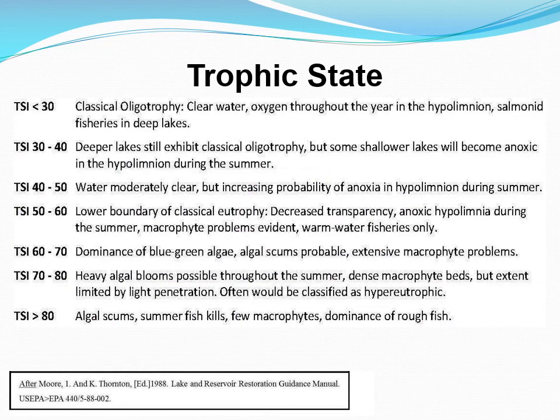This is a listing out of sort of descriptions of trophic states, going from oligotrophic lake, which you might imagine as sort of northern Minnesota or some of the Great Lakes that are deeper and less nutrient rich, going down all the way to extremely hyper-eutrophic lakes at the bottom where the trophic state index, TSI, is greater than 80. So you would have things like algae scums, summer fish kills, sort of a bad situation. So in Egan, generally, we would have sort of ones in the middle, mostly eutrophic lakes.